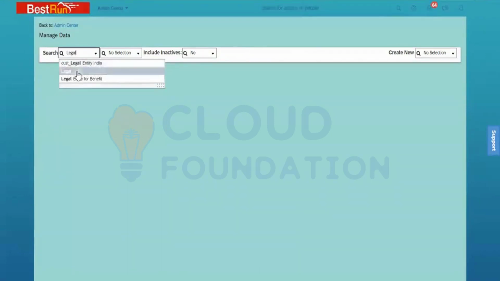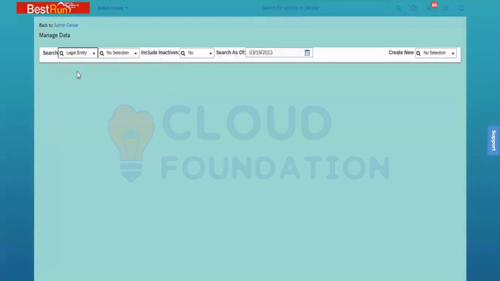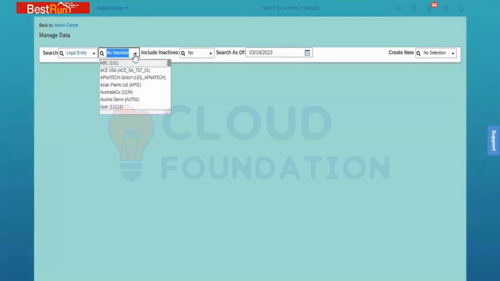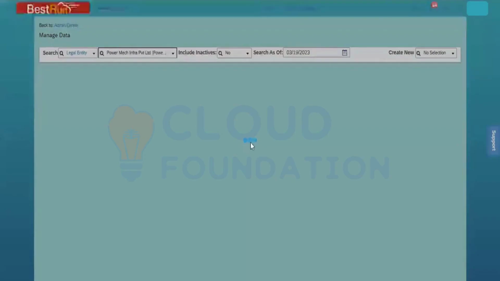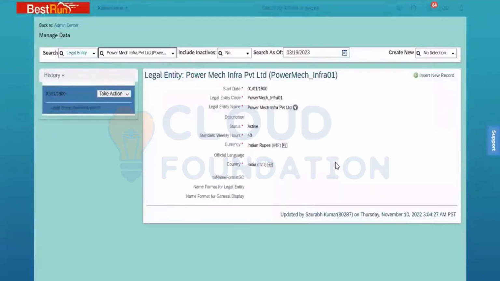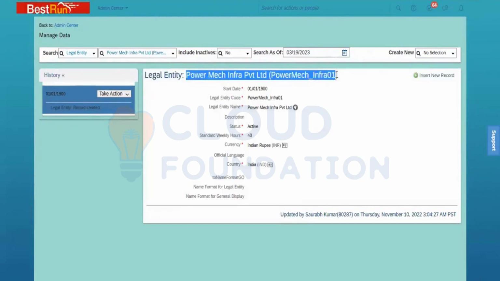So when I go into a legal entity, and take any legal entity which I have created, you can see this legal entity is an MDF object. And this is the record for that particular MDF object which you are seeing here.